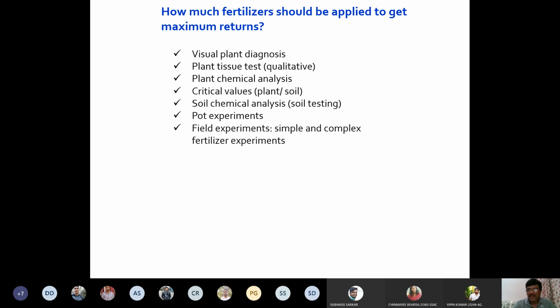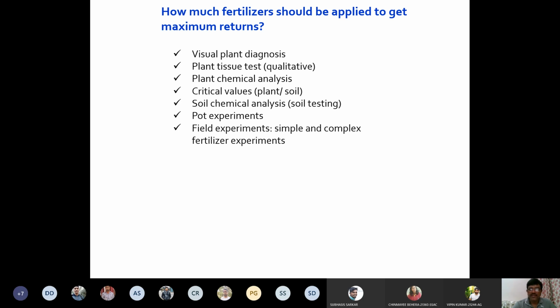And then soil chemical analysis, soil testing, you can know how much nutrients are available. But we cannot know easily how much nutrients can be made available to the crop from the available nutrients in the soil, because that will vary with the kind of plant species you are growing, kind of soil you have, kind of climate you have. There are so many factors. Then people thought, let us do some pot experiments and see how much contribution can come from the soil. So it is again not the right or real representative of situations in the field.